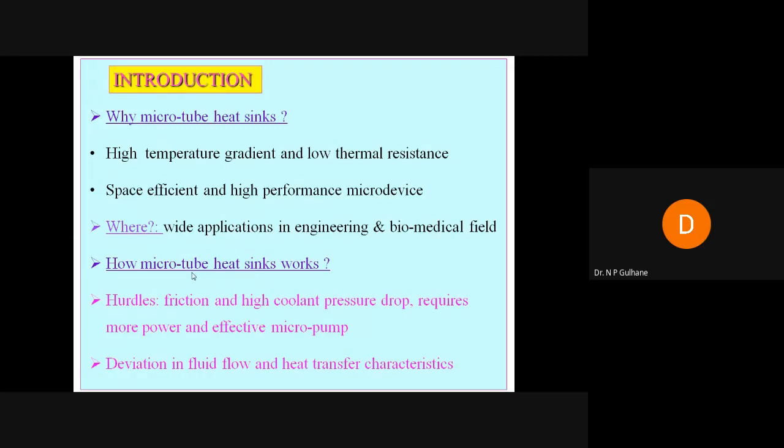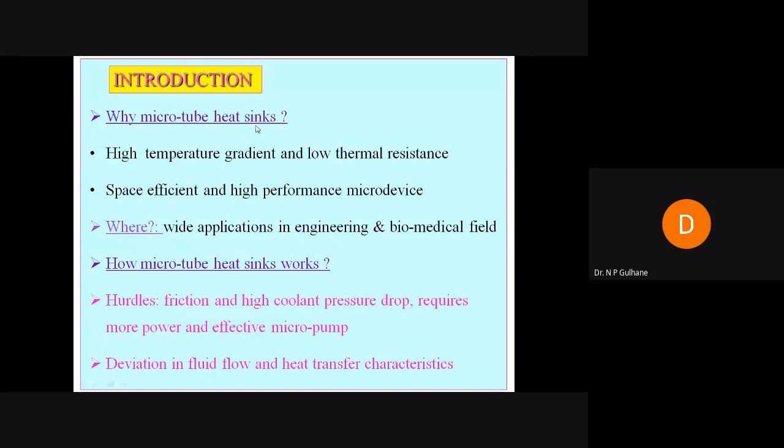The important thing which we face, called the hurdle, is that because of the larger surface, it has high friction. Because of this high friction, there is more pressure drop, more shear stress at the wall, and that is why the coolant pressure drop is high. Because of this coolant pressure drop, we have to pump the coolant more effectively. So an effective cooling pump is required, called the Knudsen pump. Although we have more heat transfer and are cooling the entire circuit, we have to invest money in this effective micro pump. So we have to tackle both things at the same time.